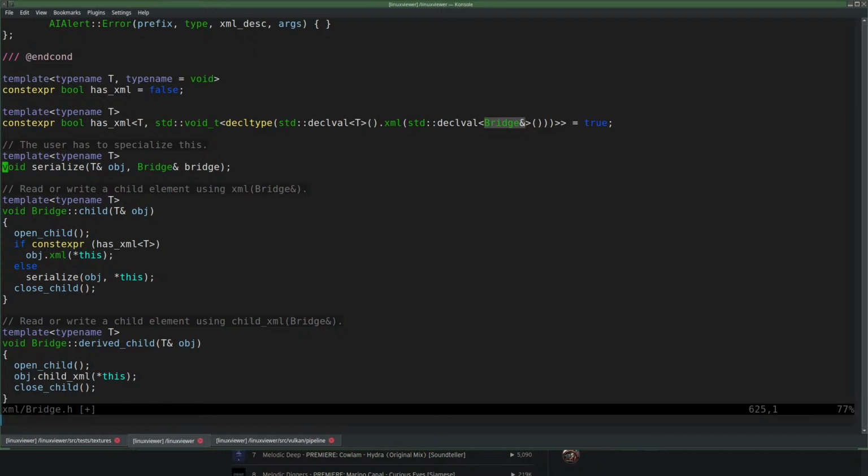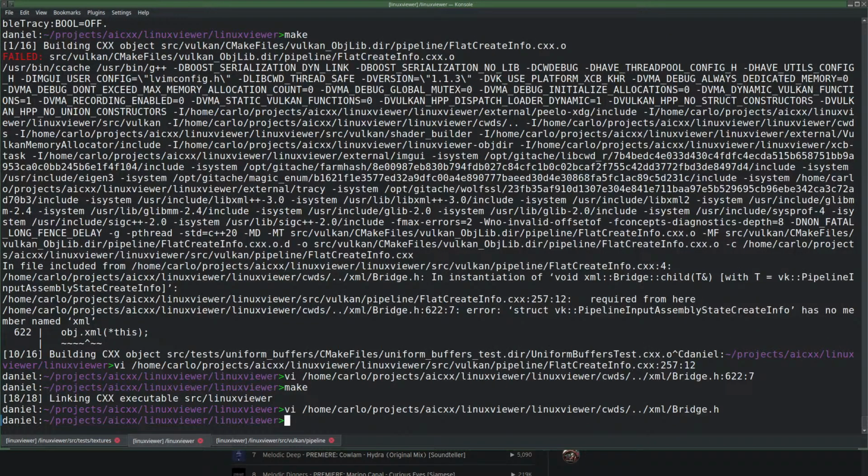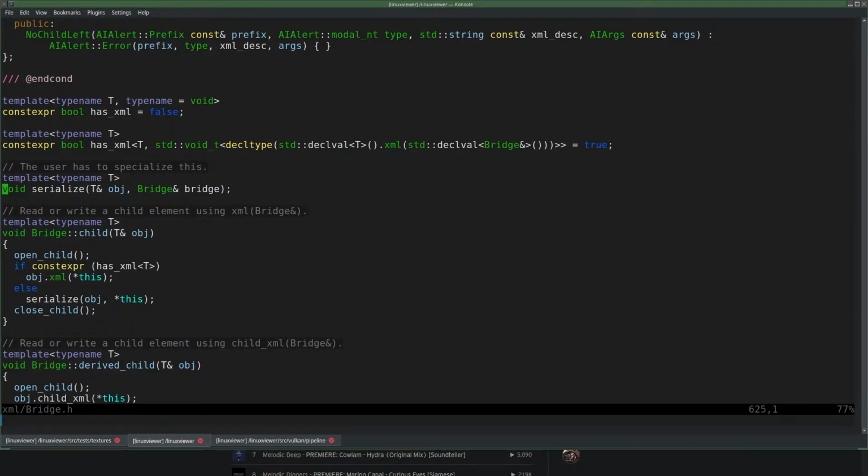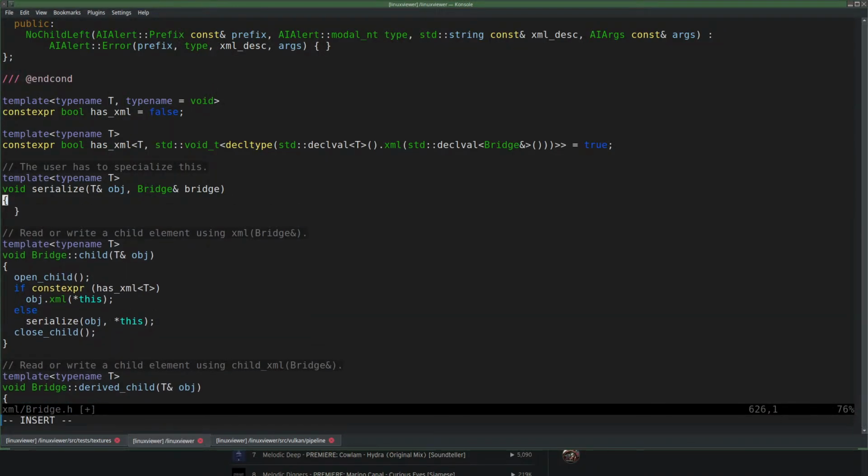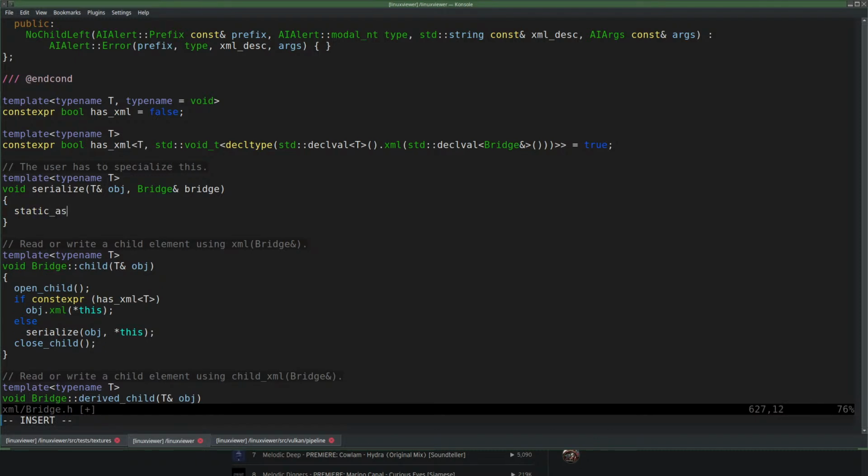It's a bit vague though, you know. I just get a linker error, and then I have to know that I have to specialize it. I wonder if I can add a static assert to it, which is only executed if... Oh, that would probably work. If I add a static assert that is dependent on type T,